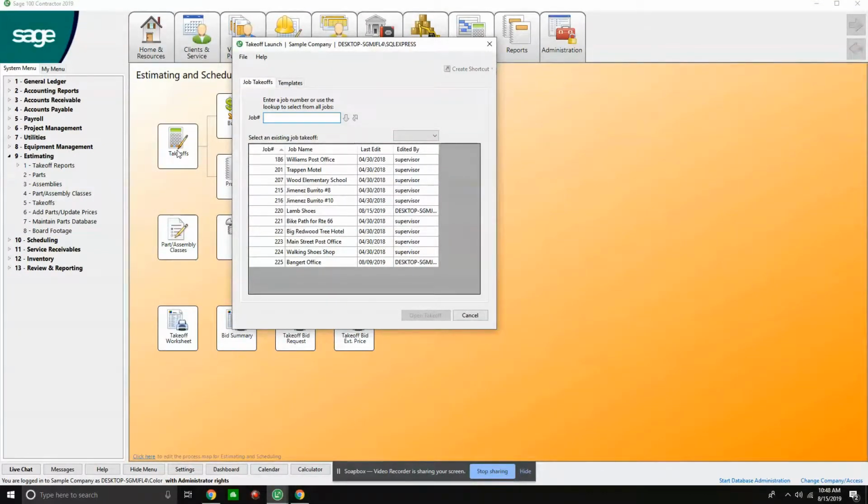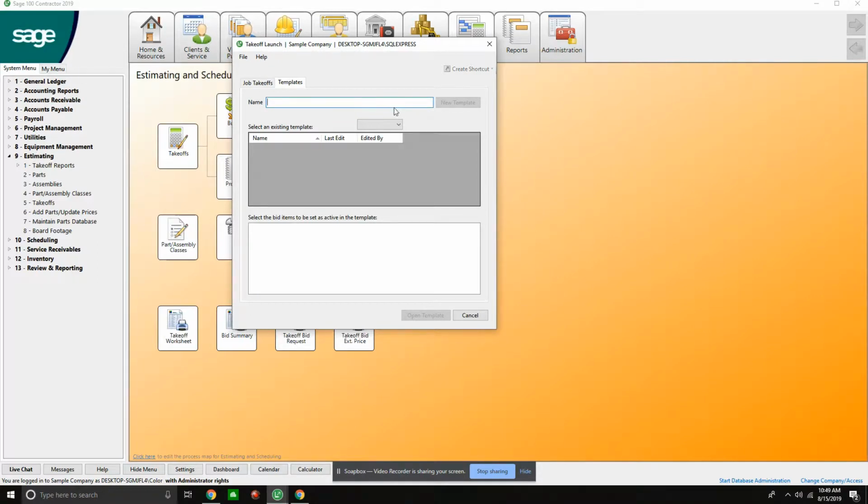Immediately when I open up my takeoff, I have a list of all my jobs that have an estimate against it. Now I may have more and more jobs in the system. The only way that these jobs will populate here is if the job has an estimate in the system. So if I set up a new job and you don't see it in the list, it's not the end of the world. It's just that the job does not have an estimate. We also can look at, for instance, if we have templates, we can set up different project templates out there if we need to. So when we get into estimating further down in this overview, we'll talk about how we can create a template real quick and use that same template, especially if we have projects that are in similar structure.